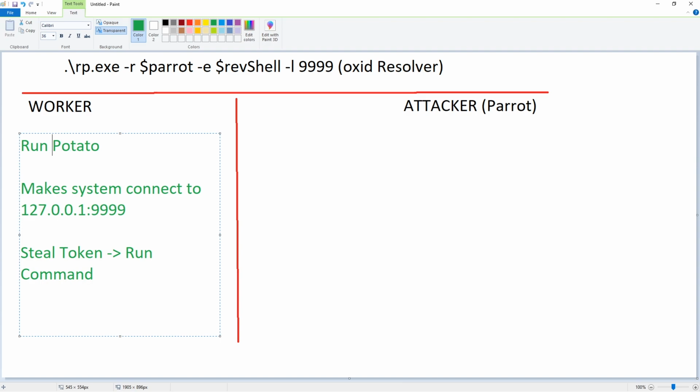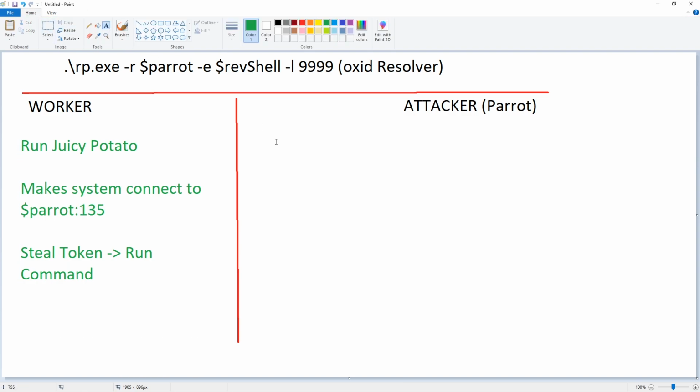So this is essentially Juicy Potato. And what Microsoft did was prevent us from editing this port. So it's only on 135 now. So instead of spoofing the port to 9999, it spoofs the IP address to whatever we want. So we're putting this one to parrot, which is 10.10.14.4. Now, on our attacker box, we have nothing listening on port 135. That's why the instructions told us to run socat. So if we do socat here,